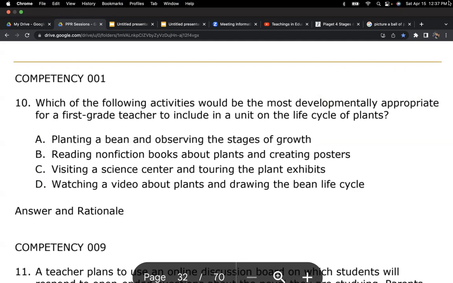Another one that I can give you an example. So let's say that Miss Sauceda is a third grade elementary teacher, and she's working on angles with her students and measuring angles or something like that. Which of the following would be the most developmentally appropriate activity to begin her unit with angles? And so it could say, give a PowerPoint on the different types of angles, have the students in pairs do a walkabout on campus and find different angles on the basketball court, in the hallways, and measure those